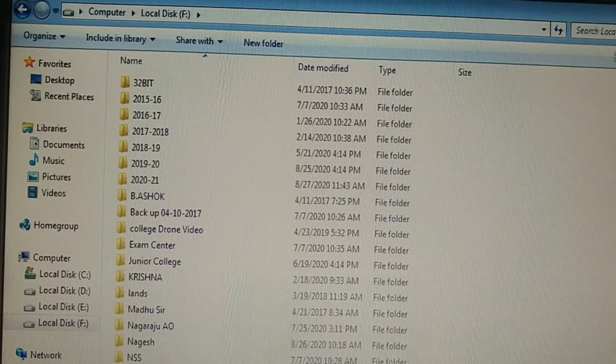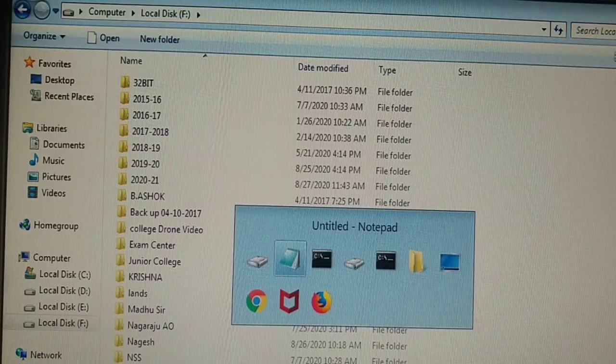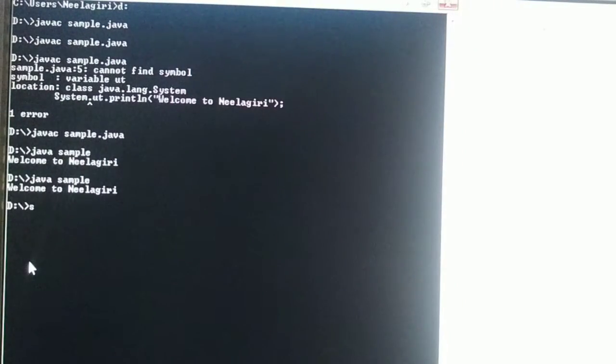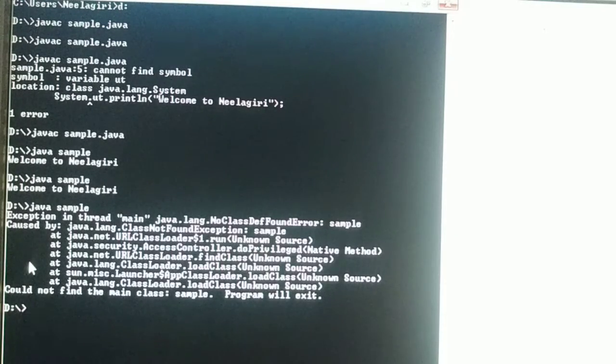Now in the command prompt, if I run java sample from here, it will give an error because there is no class file in the D drive, since we have pasted it in the F drive, so we have to move to the F drive.